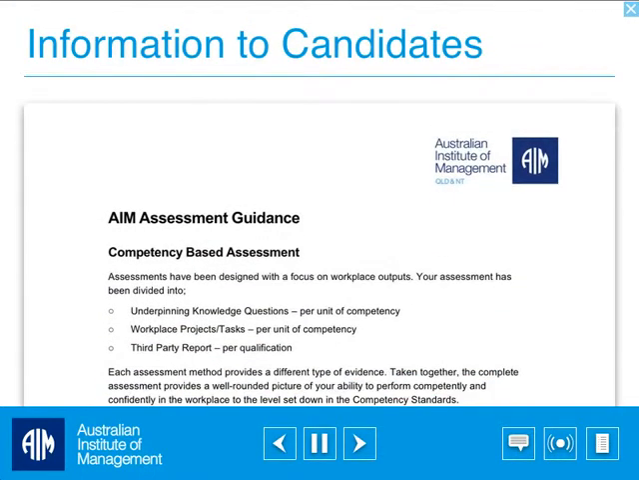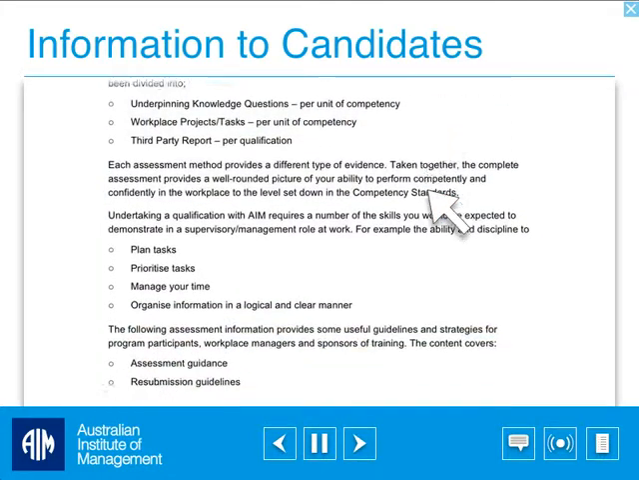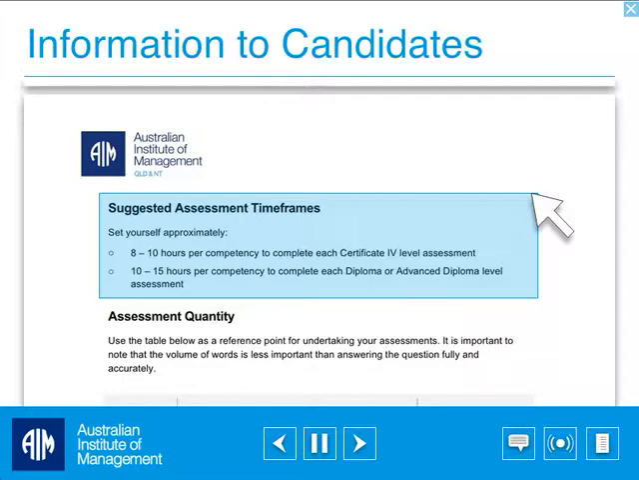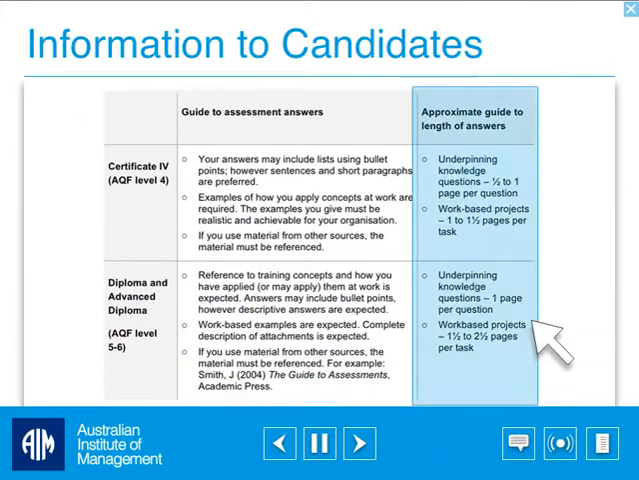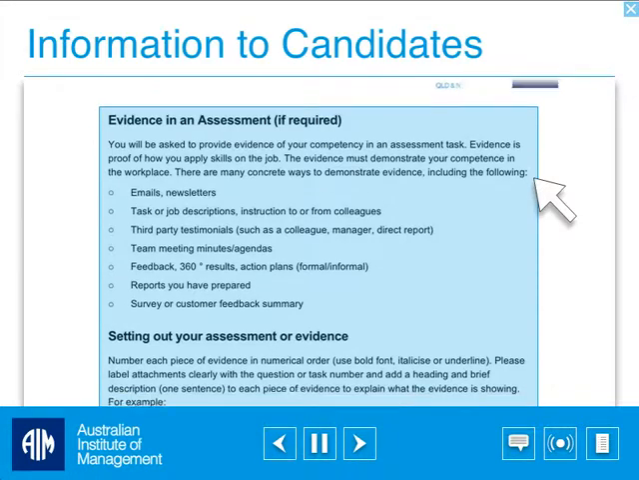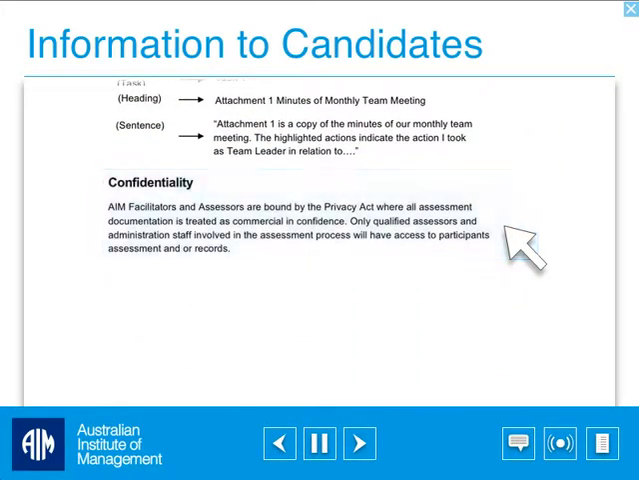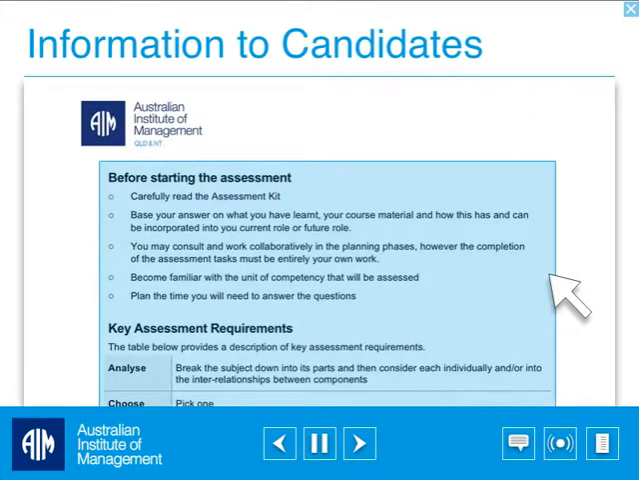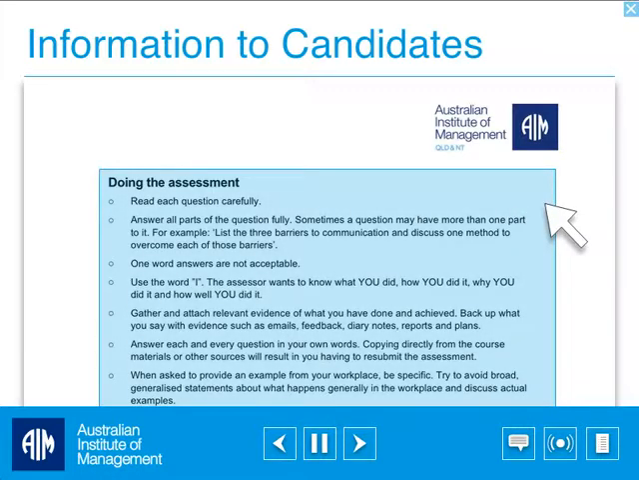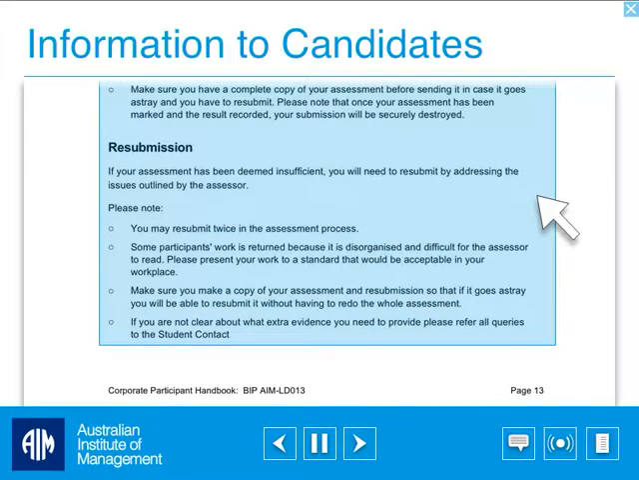Information to candidates has useful information about the assessment process that can be referred to, such as how the assessment is structured, how the assessor will judge your evidence, suggested time to complete your assessments, how much to write, additional evidence and the setup if required, confidentiality, how to read each question, tips to get started and before you submit, resubmission requirements,